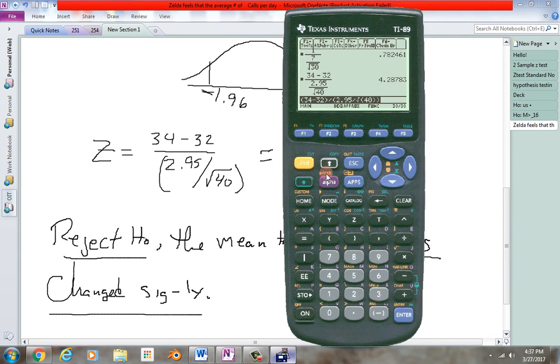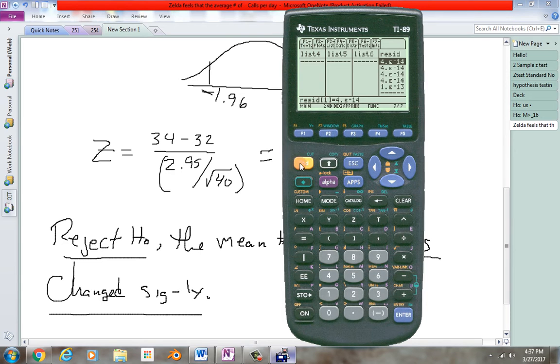Now, back to the calculator, see if I can unscrew what I screwed up here. I was just going to find the z-score first, and then I went ahead and showed you the secret button. Now, the secret button is the z-test. It's not a secret button. Anyway, you come in here and just hit enter. What you'll see is it tells you what the z-score is, 4.28. Do you see that? This right here,